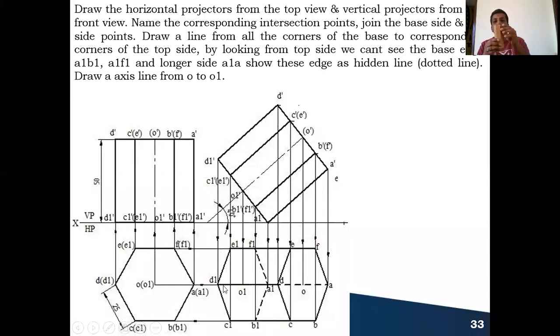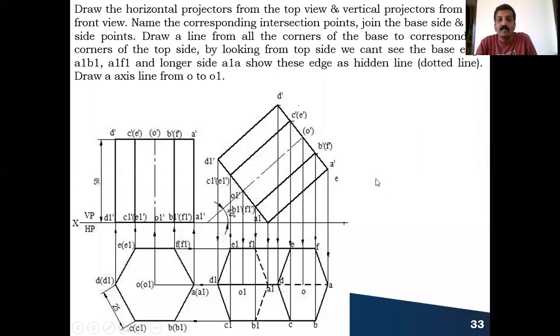So in the second position, you have tilted the corner like this, correct? You see from the top, the complete top face you can see. That's why A, B, C, D, E, F is visible. And coming to the bottom base, the base edges 1, 2, 3, 4, you cannot see, the base edges which are coming out from the corner. And coming to the longer edges, 1, 2, 3, 4, 5, I can see. I cannot see the longer edge which is coming out from the corner. Here also it is true. Okay, so this completes your second position.